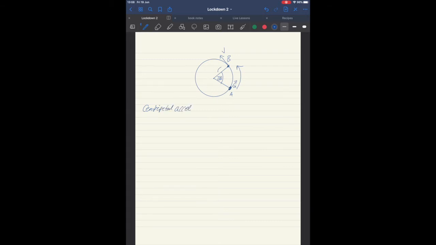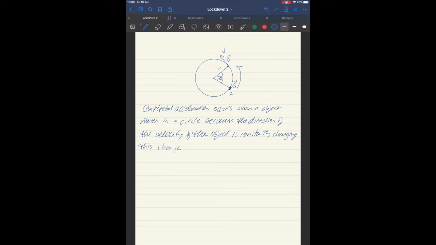when a centripetal acceleration actually occurs. Centripetal acceleration occurs when an object moves in a circle, because the direction of the velocity of the object is constantly changing. This change in direction of velocity